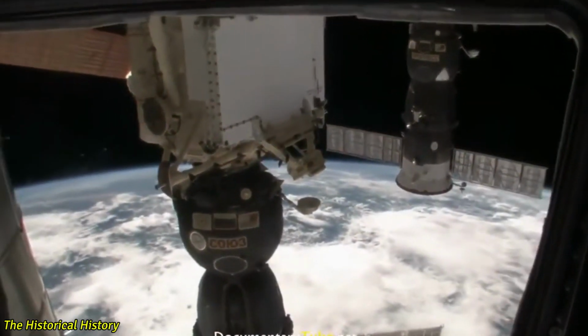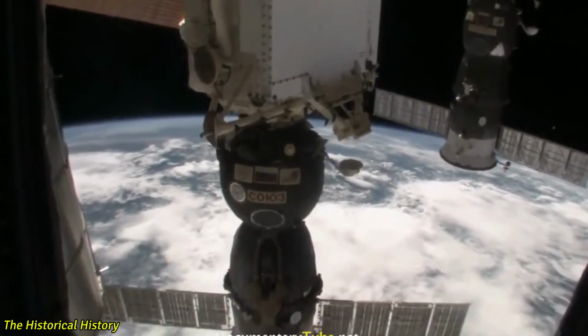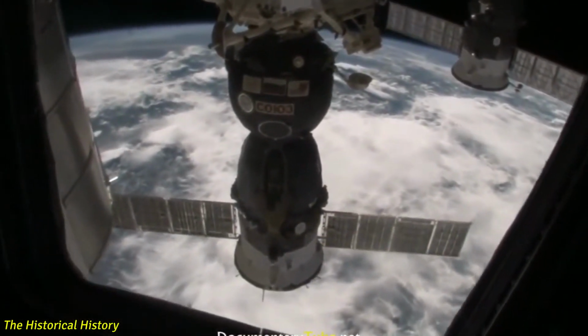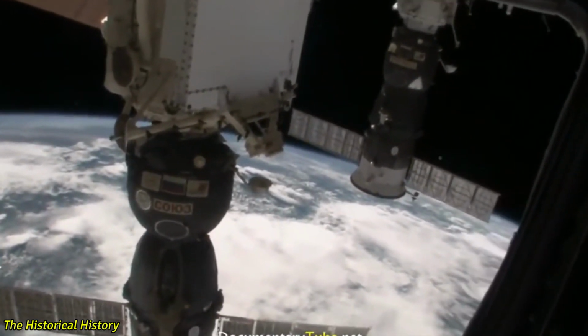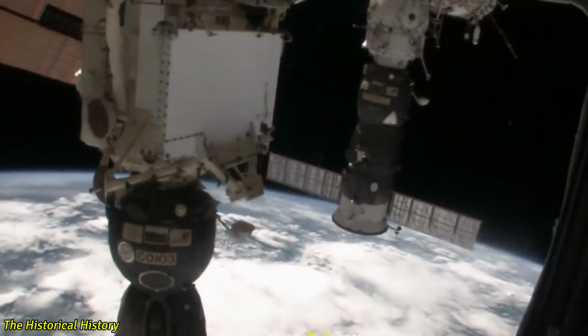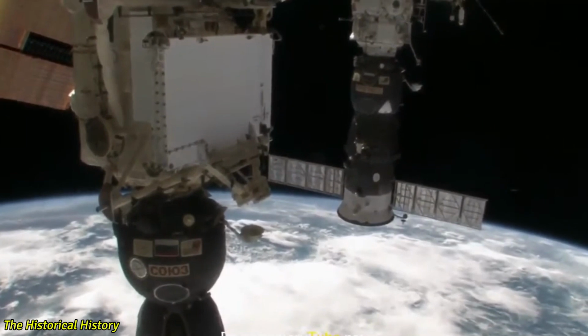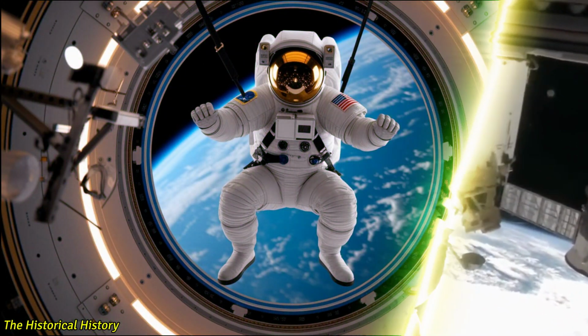Hey, what's that? I think that's a Soyuz spacecraft. That's the spacecraft that's taking us home to planet Earth today. Oh my gosh. We might have to go take a look at that. That's pretty cool. It's a little bit smaller than the rest of the space station, so you'll see if we go there, it'll be a little bit more crammed. But you can look all the way back to the...